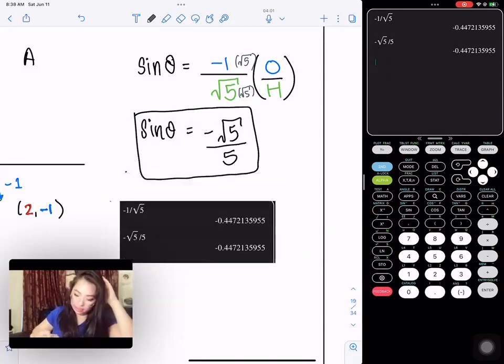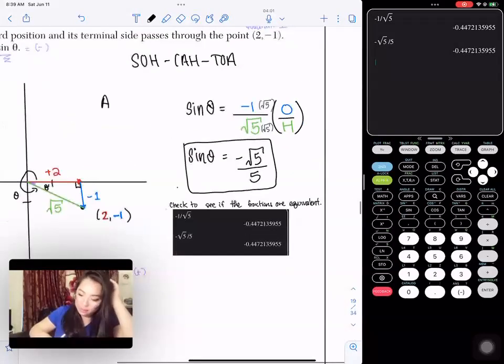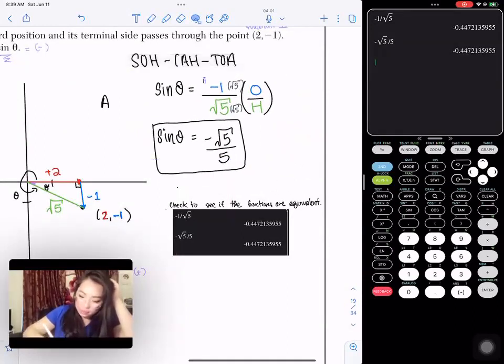So I'm going to write: check to see if the fractions are equivalent. And that's what you call them, right? Fractions. Okay. All right. I just want to move this answer here and copy and paste this,